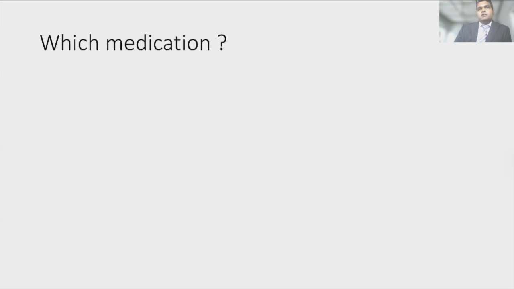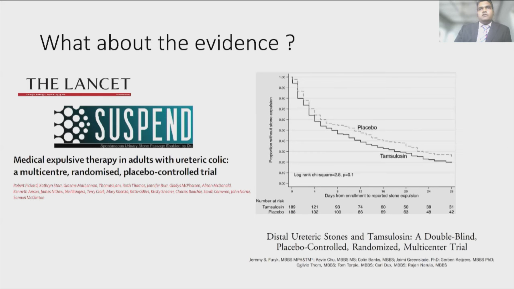So what's the recommended medication for the medical expulsive therapy? When you look at the current available evidence, in 2015, when they published the data of the SUSPEND trial, the urology world was taken by surprise. This is a high quality multi-center randomized placebo-controlled trial, which shows there's absolutely no difference between a placebo and tamsulosin or an alpha blocker in terms